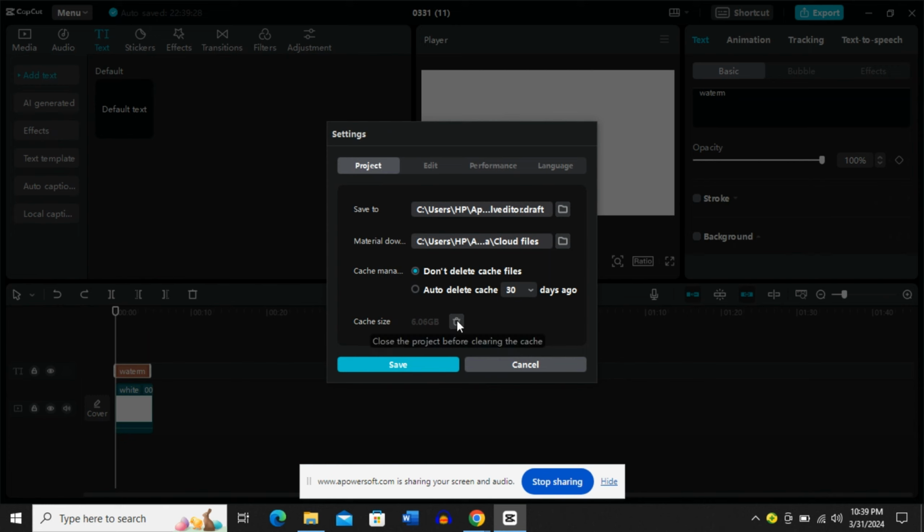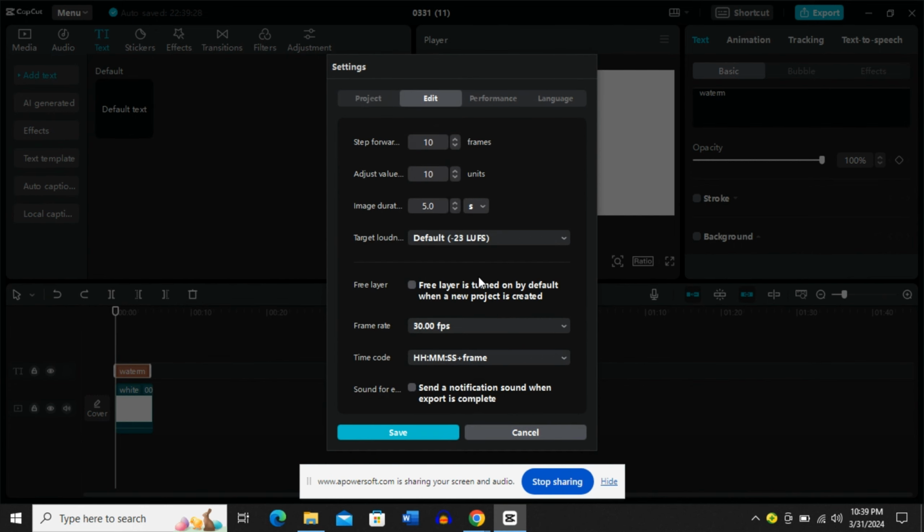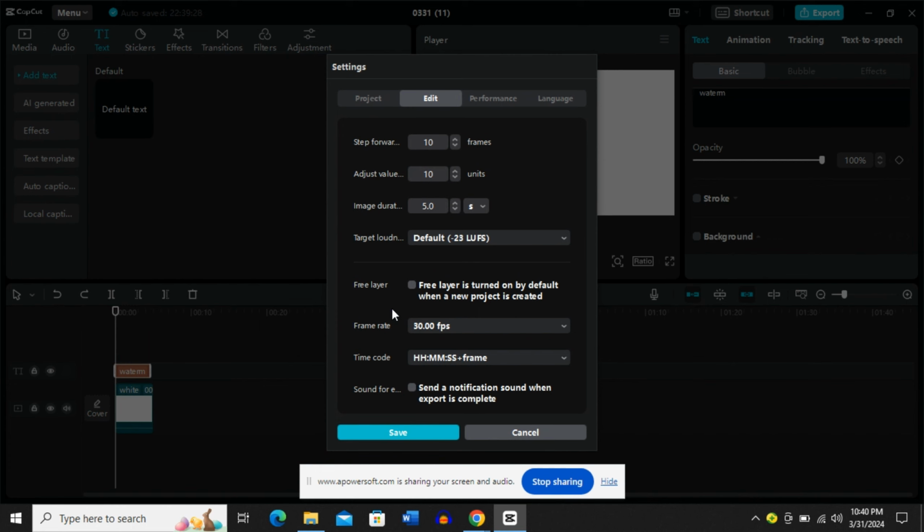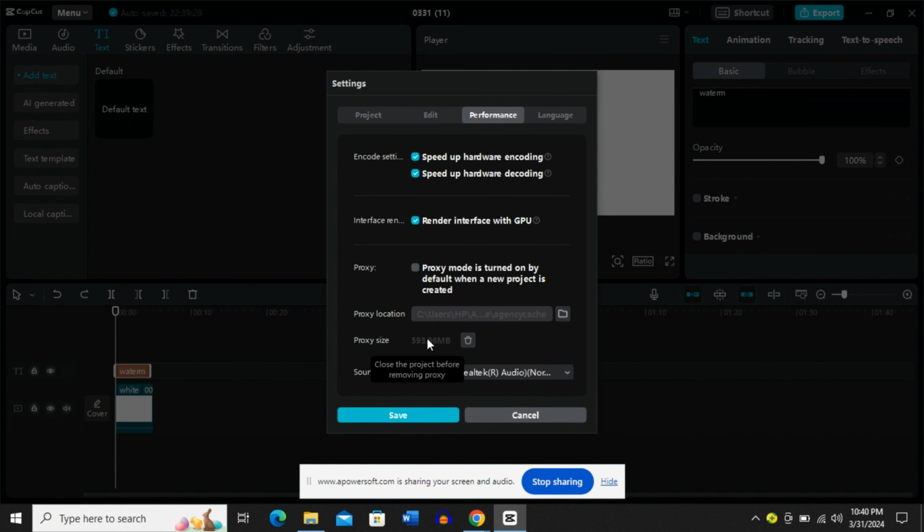over here by clicking this delete button, and then go to the edit section over here, and here you have to choose the frame rate and make sure you choose 24 because it works best. And once done, go back and then go to the performance section, and here you have to just enable this proxy setting over here. Just check this box and enable it, and once you have done these three settings, click